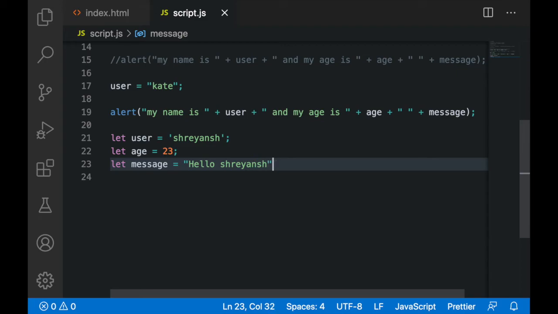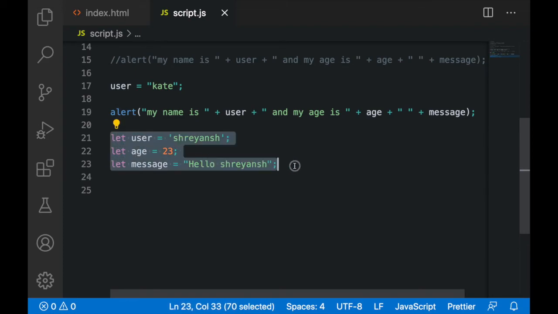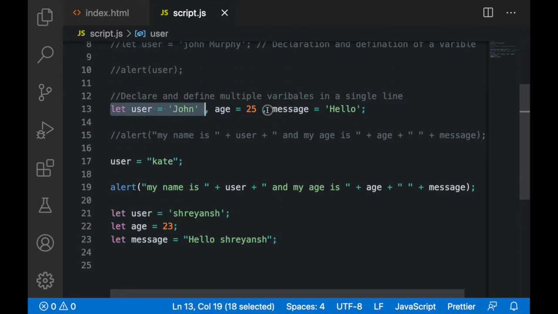So this is my message to Shreyans. Now, why am I writing this using three let keywords, if I can write it using just a single let?